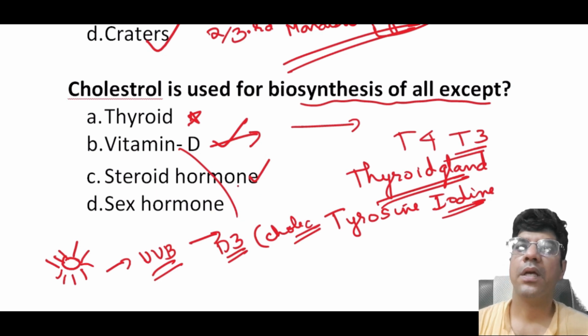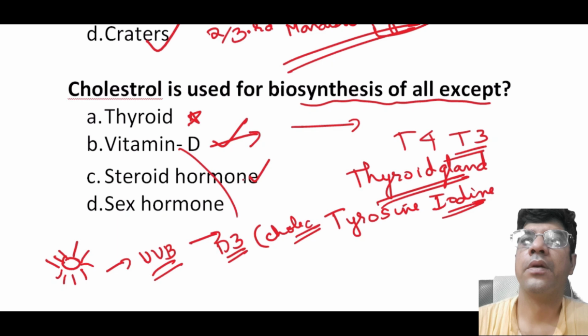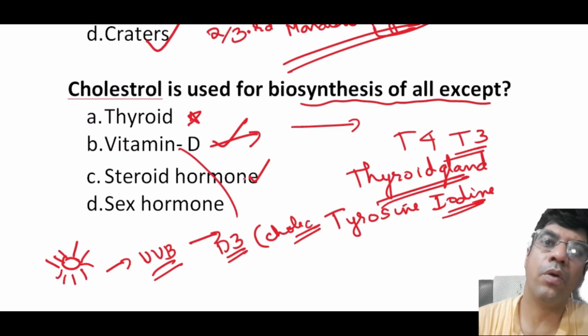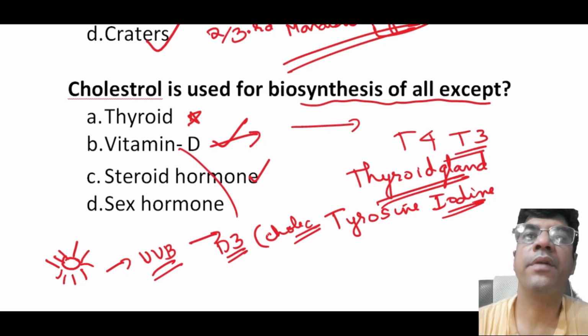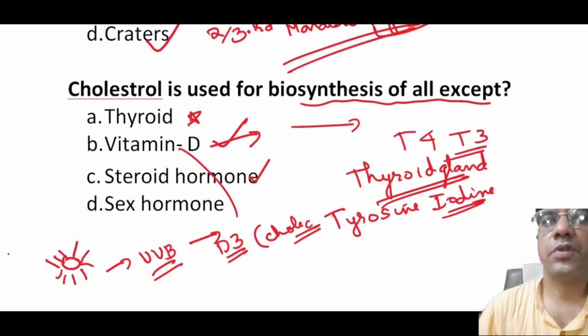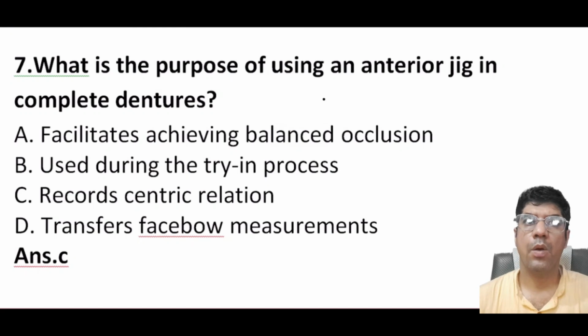The sex hormones including androgens like testosterone, and estrogens, are synthesized from the cholesterol in the gonads. In a male, the testosterone, we know, is primarily produced in the Leydig cells of the testes, and it is important for development of the male reproductive organs and secondary sexual characteristics. Remember, in the female, estrogen is primarily produced in ovarian follicles and involved in regulating the menstrual cycle, promoting the development of the female